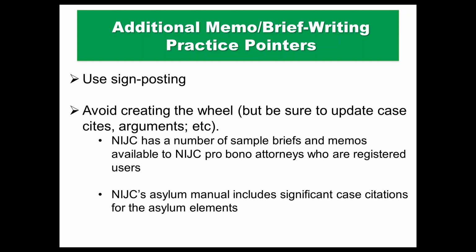So, use that as a starting point, make your own outline, and then, the law is forever changing. And so update the law and update the arguments. Don't assume that what we've got there in our samples is necessarily the best way to do things. It's a good place to start, but make sure that you're improving upon the existing model, and then go ahead and send it back to us when you're done, and we'll add it to our brief bank for future pro